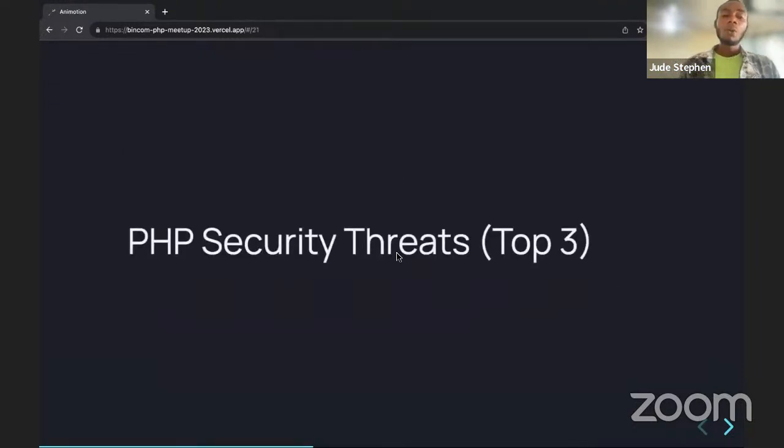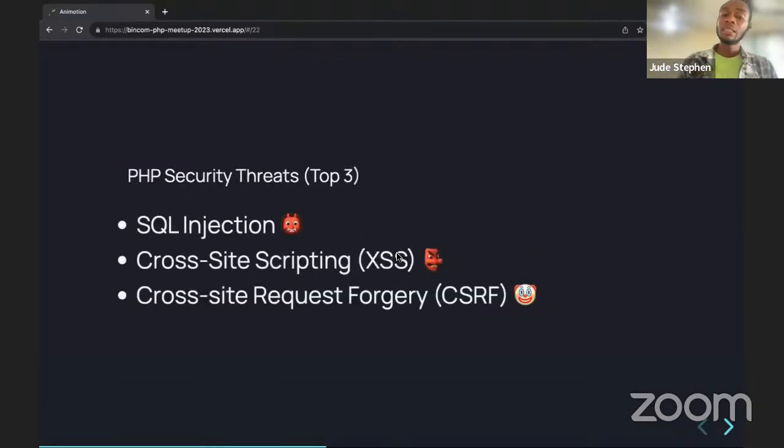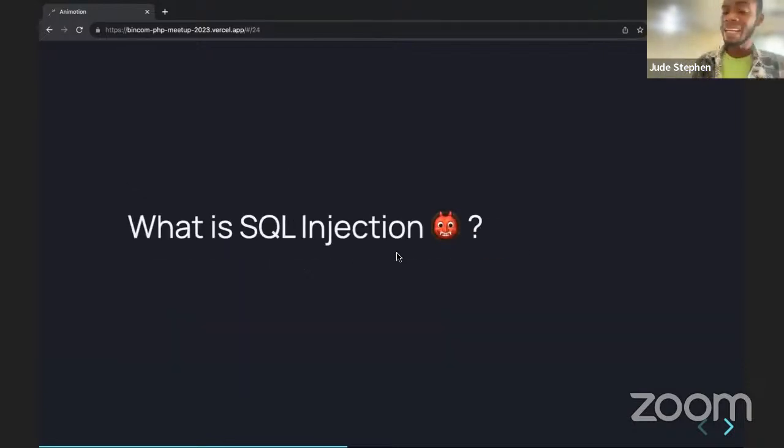So what are the threats? Like Jackson mentioned, there are these three: SQL injection, cross-site scripting and cross-site request forgery. These are the three, call it the dominant attacks that PHP applications have received over the years. What is SQL injection?